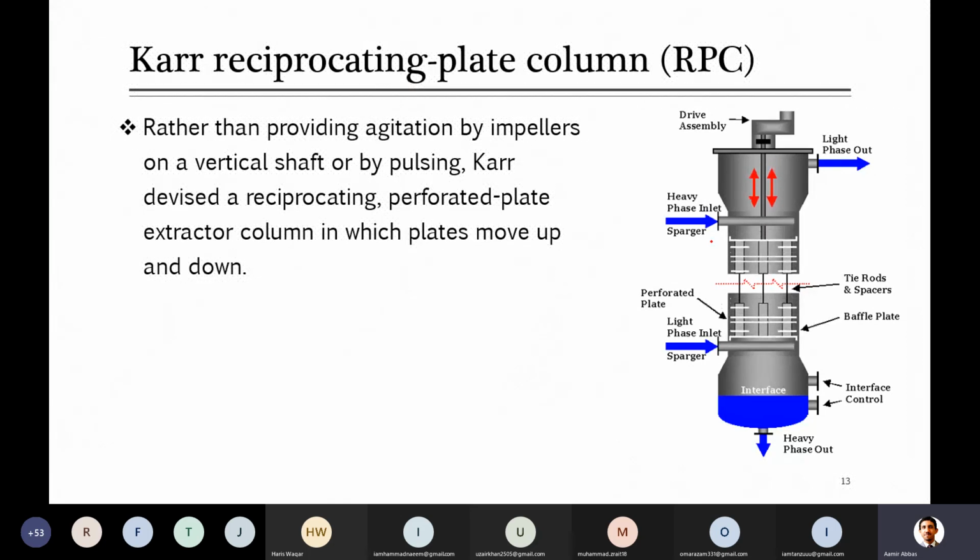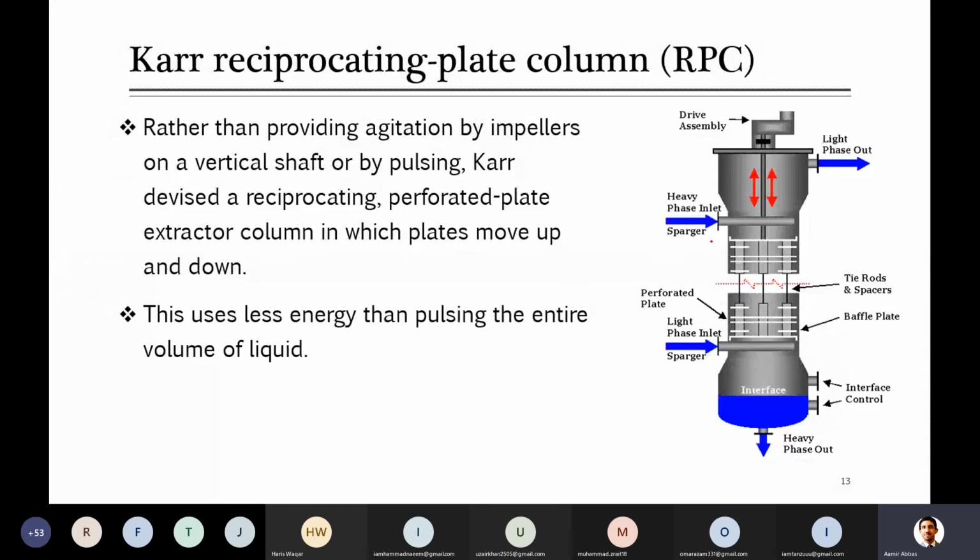So they can be moved up and down with the help of some assembly, like you can install this kind of equipment here, in which when you move it up and down, it will create agitation inside the liquid and help you to increase the contact between them. So overall, as per experience, this kind of unit uses less energy as compared to the previous ones,